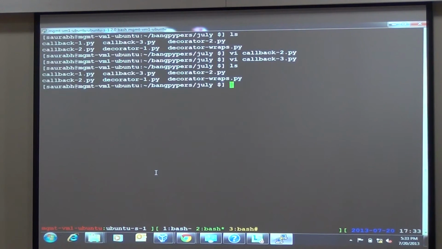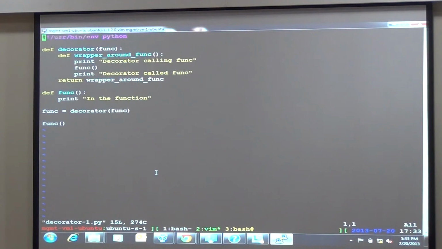So a simple introduction to decorators would be: you have a function, and then you wrap it with a decorator, right? There are no keywords right now, nothing. It's just plain old Python. You're taking a decorator, you're passing in a function, and then you have another function inside, a nested function, which is being returned here. So what you are saying is, take this function argument, pass it to this guy, and then return a wrapper. This wrapper is doing nothing but adding a pre and a post statement.